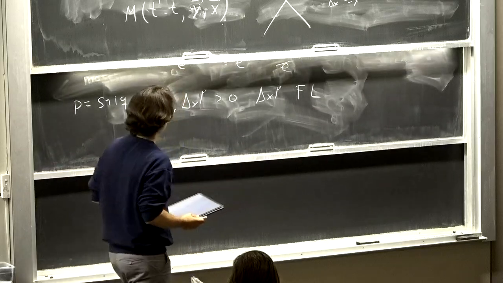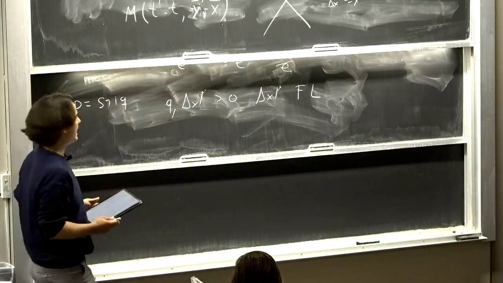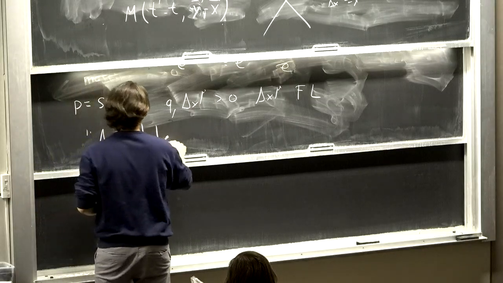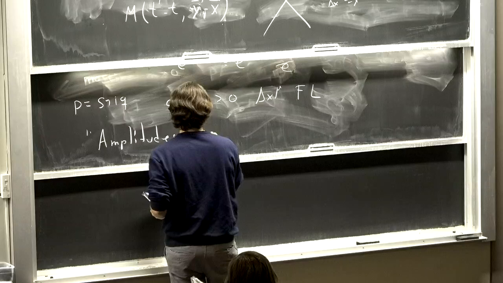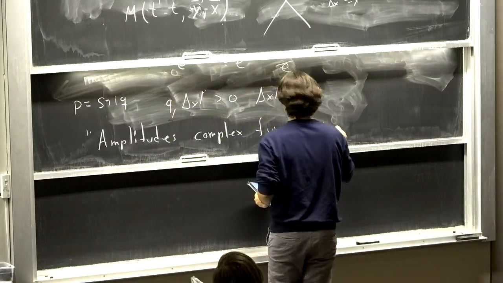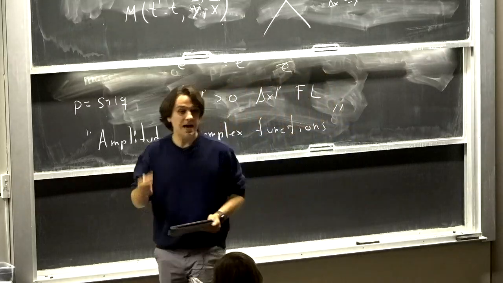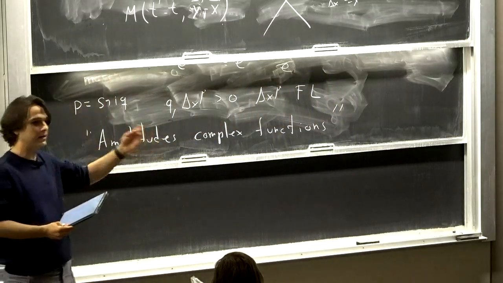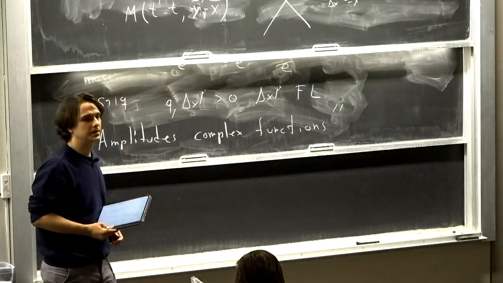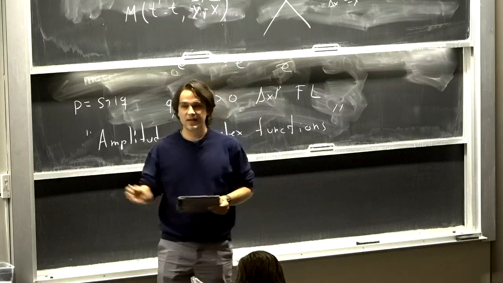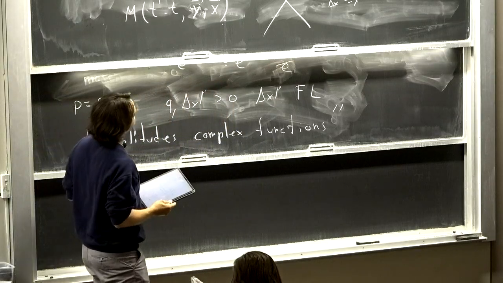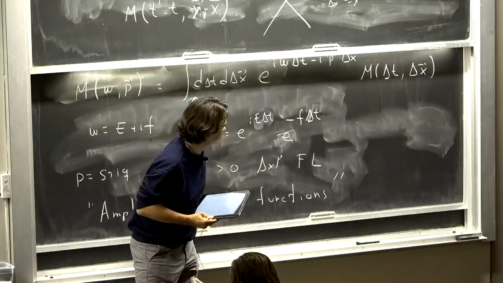Okay. Which means that causal observables and in particular amplitudes are complex functions. So they're defined over complex momentum. The actual physical value of the amplitude is the boundary value, when we actually set this p to be real, of course. But they make sense somewhere out in the complex plane. Because of that, we'll consider scattering for generic complex momenta. And then there's also something else that we learned.